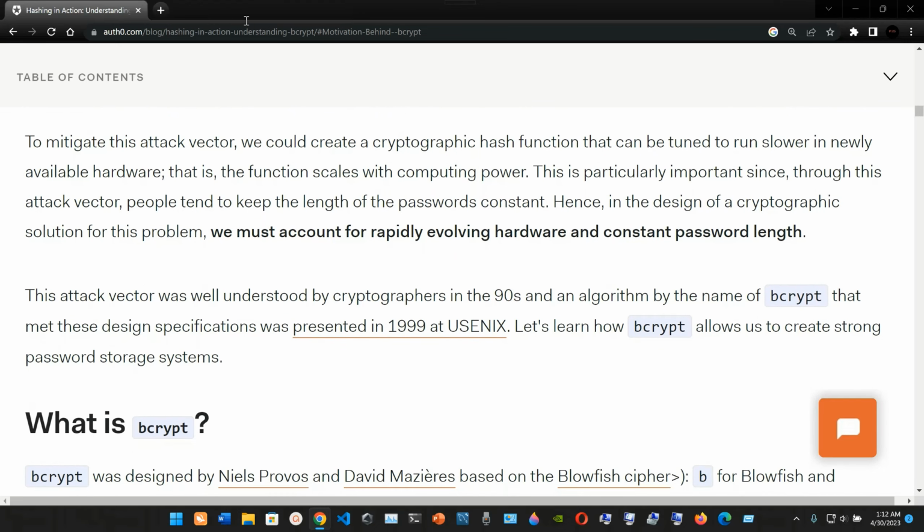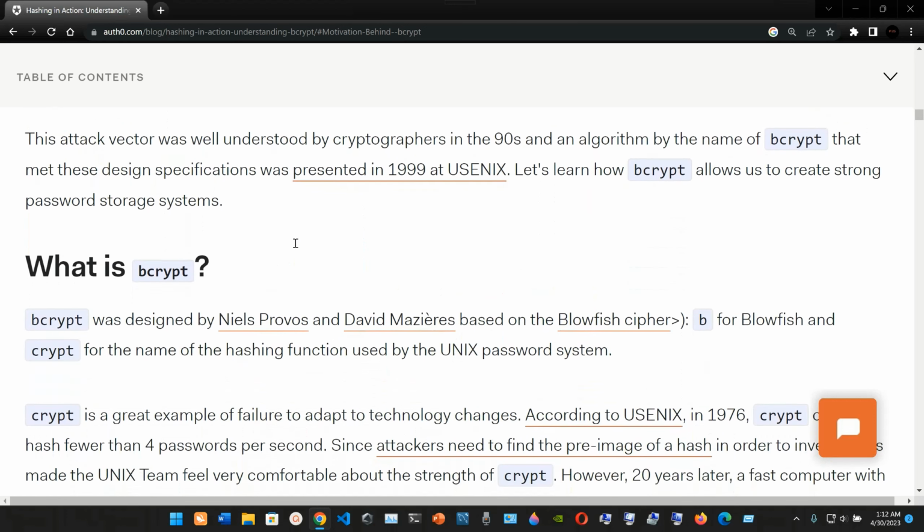To mitigate this attack vector, we would create a cryptographic hash function that can be tuned to run slower on newly available hardware. That is, the function scales with computer power. This is particularly important since, through this attack vector, people tend to keep the length of the passwords constant. Hence, in the design of a cryptographic solution for this problem, we must account for rapidly evolving hardware and constant